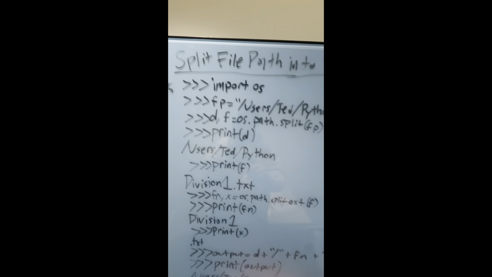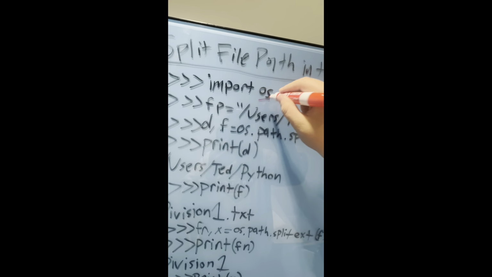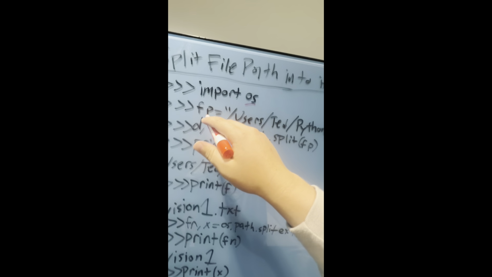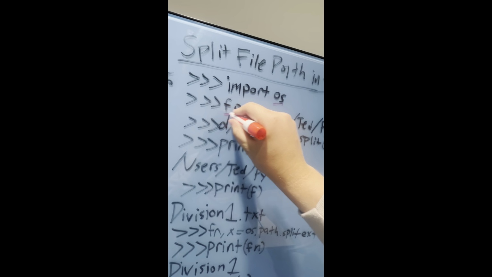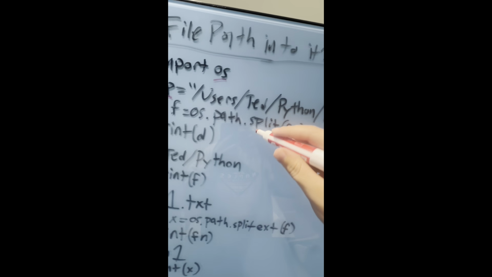I got new markers. So, as we did from yesterday, we know this is importing. That's the module, importing the OS module. And then FP, this one, right? FP is a variable, as we've learned. Variable. And so basically what's that doing right there? Hold on a sec. What that's doing,